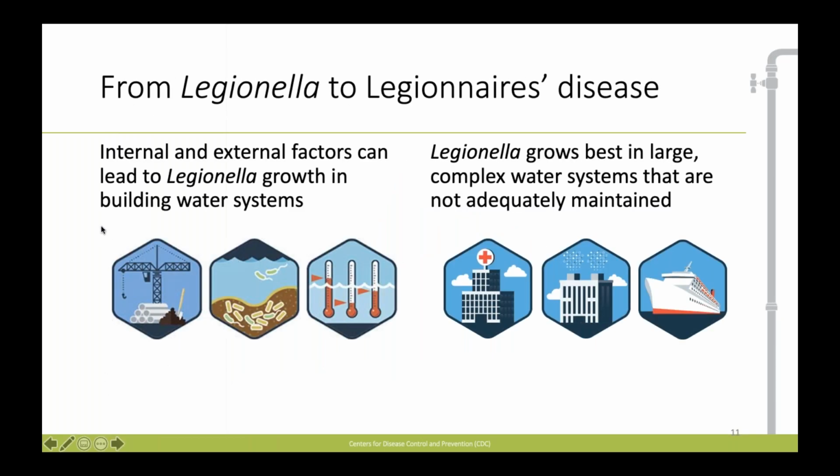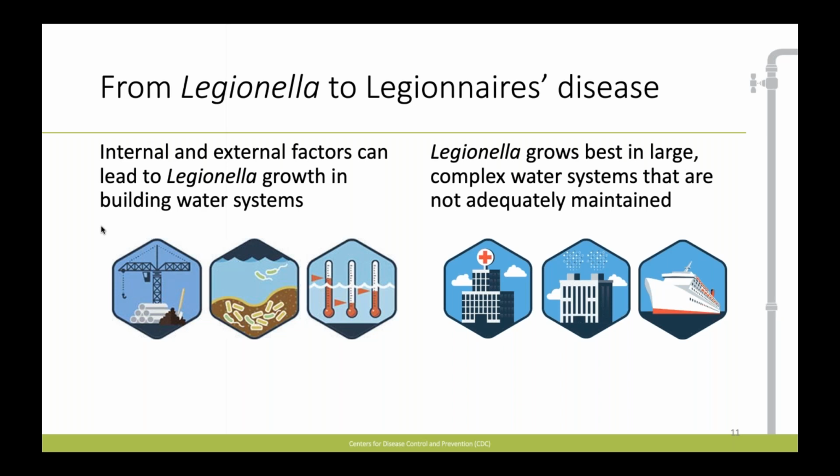So how do you actually get Legionnaire's disease from Legionella? I mentioned at the start of this presentation that Legionella is a pretty ubiquitous organism. It's found in many different freshwater locations. Basically every stagnant pond or lake of fresh water, if you look hard enough, you can probably find Legionella bacteria. But generally the bacteria in those environments is not at a high enough concentration to cause human disease. So when that bacteria increases in quantity and enters a premise plumbing system is typically where we see the risk of actually acquiring Legionnaire's disease start to increase.